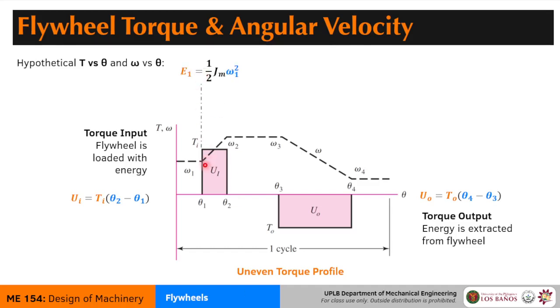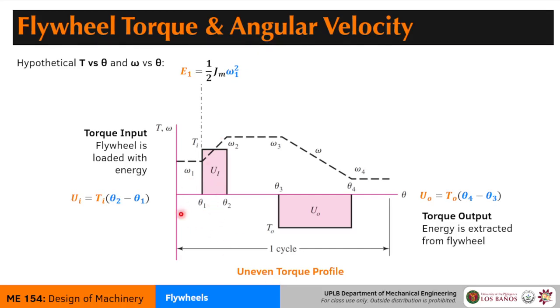So if we calculate the amount of energy at this point, theta sub 1, this is what we get. This is just 1/2 I omega squared. Don't be scared of the J sub m. I put in J sub m to say that this is a rotating mass inertia, because I've noticed that some students have difficulty distinguishing the I and the J. So I just put in the subscript there so that there's very little confusion.